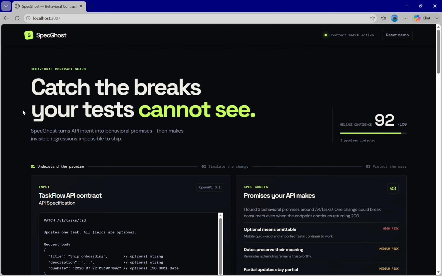Hello everyone. So let's talk about SpecGhost. As we all know, an API can return status 200 and still break real users. SpecGhost is an AI-powered tool that I have built to catch those invisible regressions before they can even